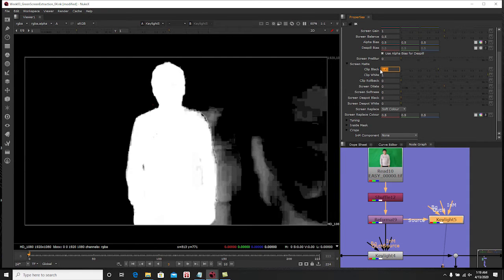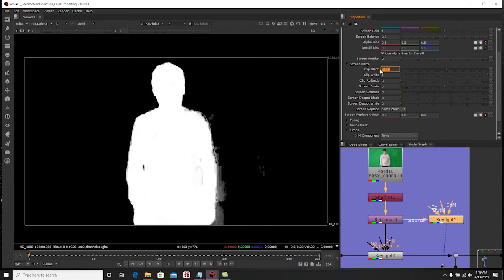I usually go to 0.5 to 1 right there, and I crank up the clip white. Maybe like that, 5.9, and I dilate just a little bit. I go screen softness